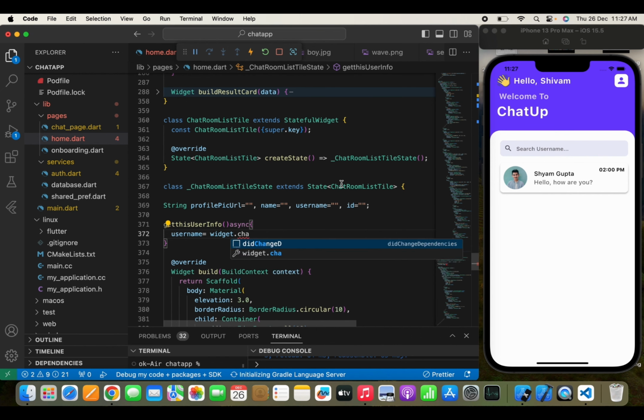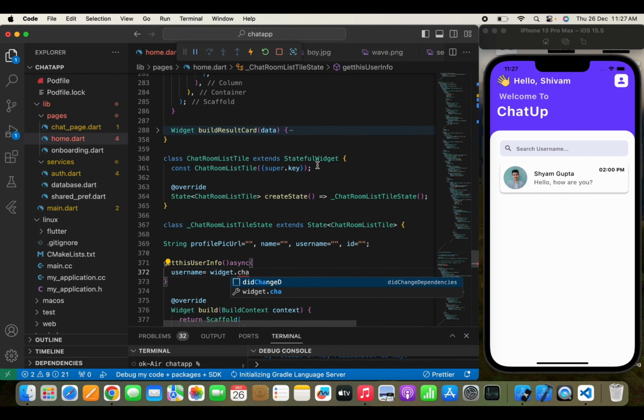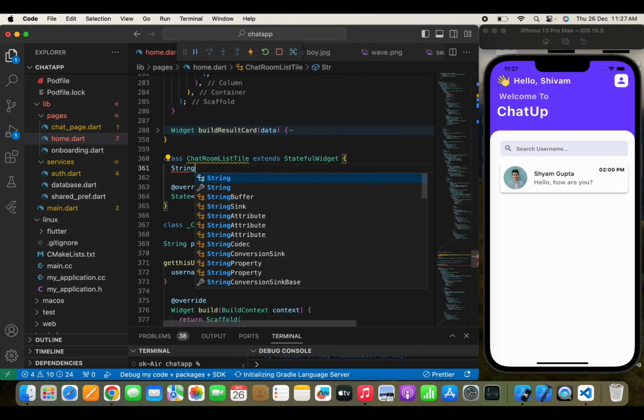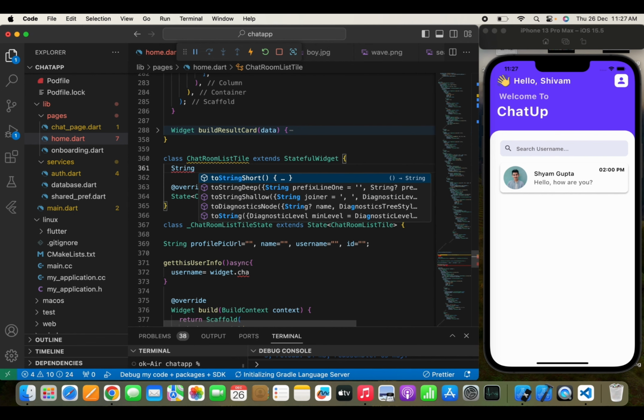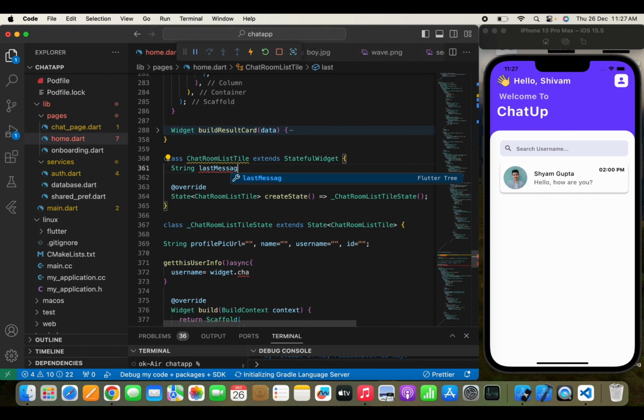Now I think I haven't created a chatroom id, so first we need to get some details over here in this widget. So first I'm going to create a string, and in the string first I'm going to get the last message that has been sent to Shyam. Yeah, the chatroom ID, my username